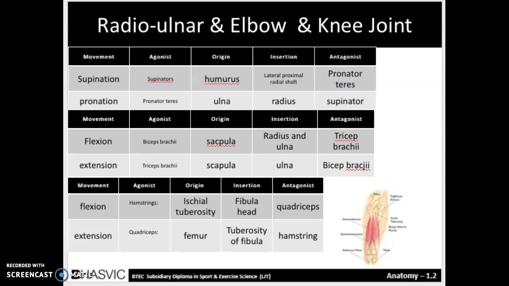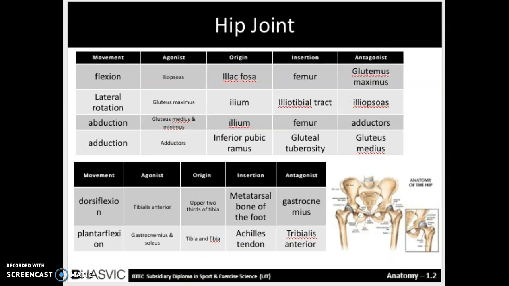This could be seen in a sport like cricket as a player reaches down to collect the ball, extending their arm, meaning the triceps brachii is the agonist. The hip is a very important joint, as it is key in both movement and supporting the upper body / head. The hip joint is also a ball and socket joint, so also has many movements